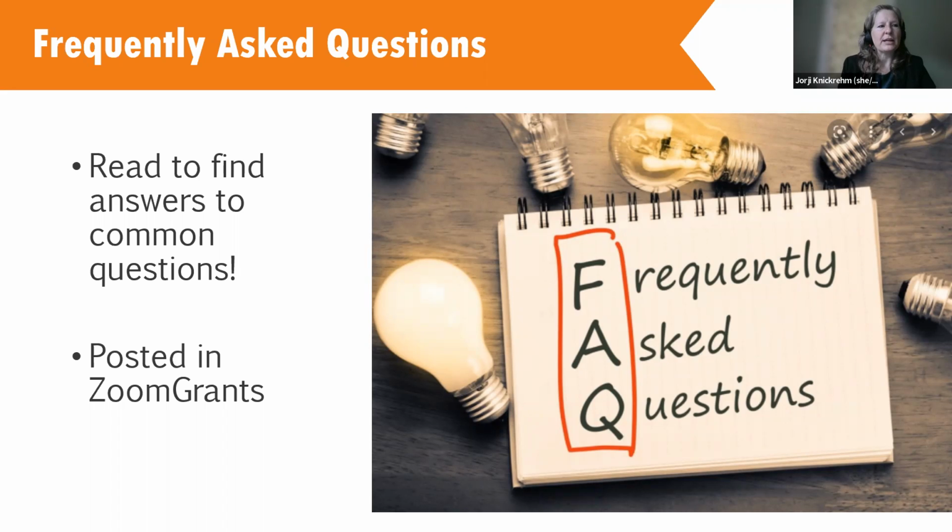As soon as applicants start asking questions, Best Starts as a government agency is required to make sure that everyone gets the same answers. So the way that we ensure that everyone gets the same information is that we publicly publish the FAQ or the addendum in several different times during the application period in Zoom Grants. So as questions come in, if you email a question to the RFP coordinator or lead, that RFP lead will answer your question in the FAQ and then upload it to Zoom Grants.